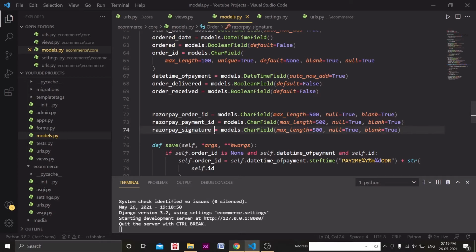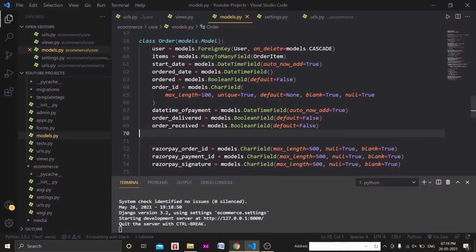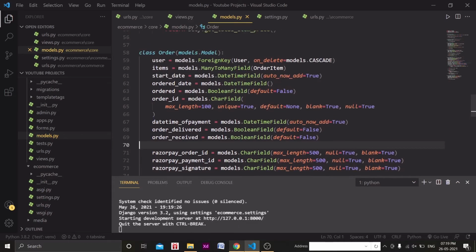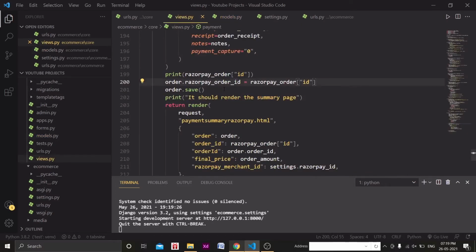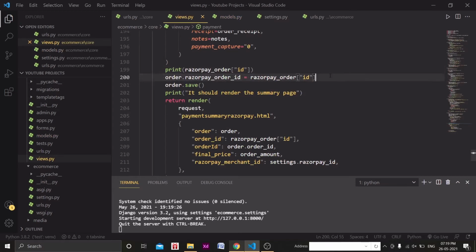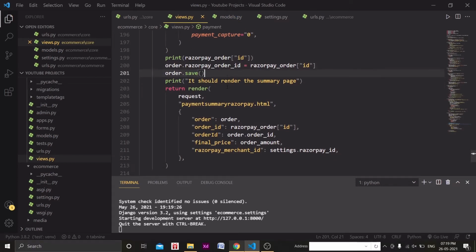What are these actually? These are IDs confirming that the payment has been successfully completed, and Razorpay returns the response including these IDs, right? And we need to store these for confirmation purposes, that the order has been placed successfully, so the payment has been done. Okay, now let's go to the views.py file again. Then we will store that Razorpay id in our order.razorpay_id. Then we will call that save function again.